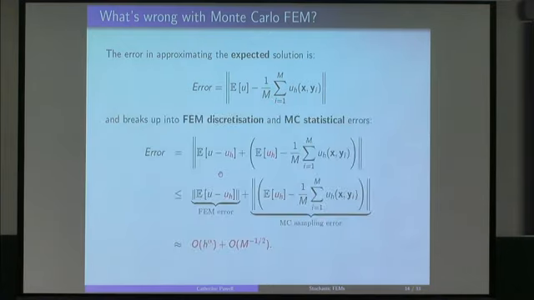Of course, we do a bit of maths. This is a bit hand-wavy, but essentially we add in the finite element solution and we take it out again. And the error, that's what we want to control. How good is this thing as an approximation to this thing? Well, do some tricks. The error is bounded by the sum of two terms. There's really two terms in the error. There's the error that comes from our computer code, from our finite element discretization, and there's the error that comes from estimating an expectation through a simple Monte Carlo type sample average.